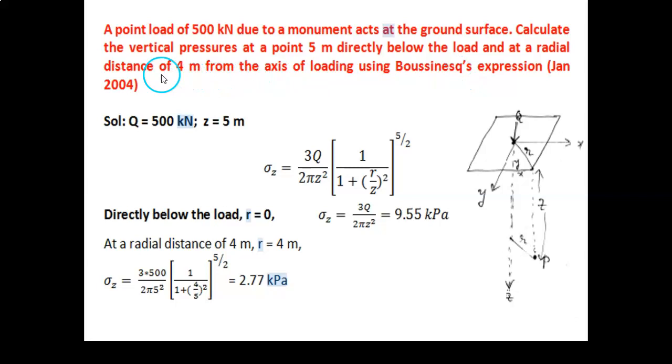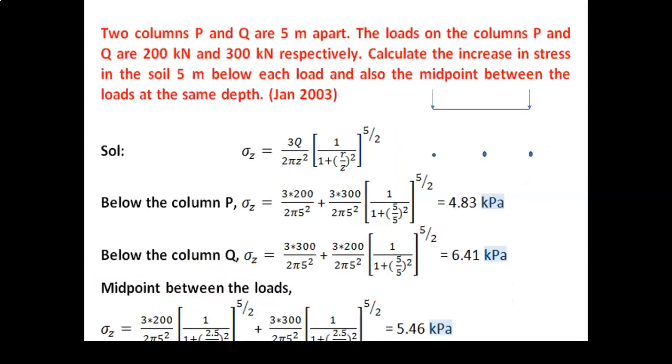In the second case, it is asked to find the increase in stress at a point located at a radial distance of 4 meter from the axis of loading, that is r equal to 4 meter. So when you take r equal to 4 meter and z equal to 5 meter in the equation, we will get the sigma z value as 2.77 kilonewton per meter square. Next example,